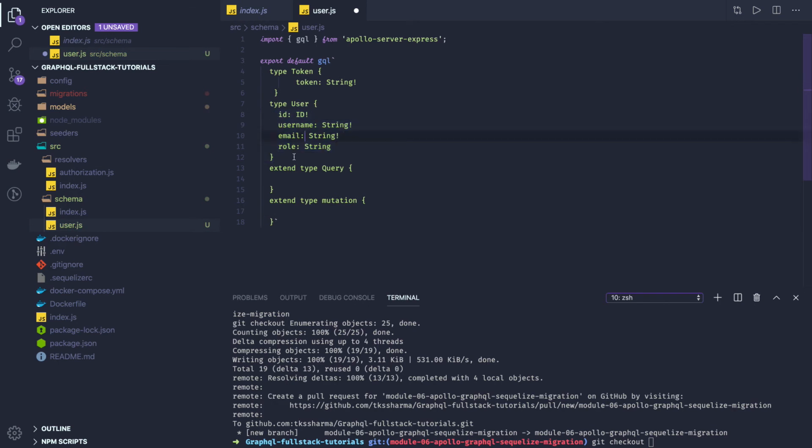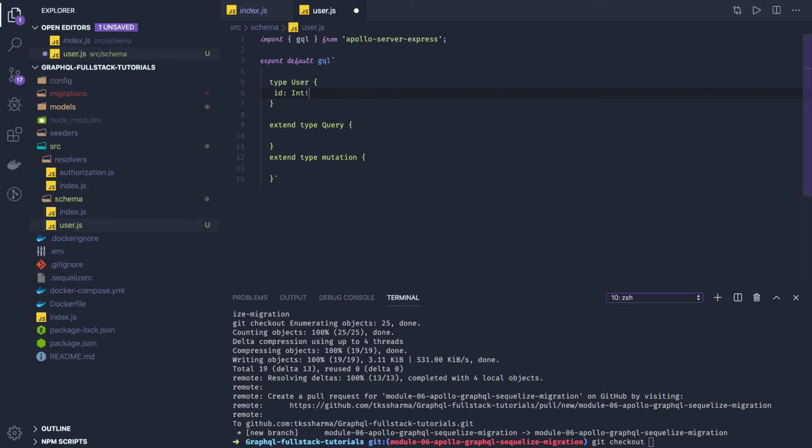Okay, now here we can define our schema, like what all the user entity is going to have. I'm just extending the base type Query and base type Mutation. So individually in the different files for user, for tags, for post, we would be able to create their queries and mutations. Okay, so here I can define, so I'm talking about user first. User will be a type User. I have already talked about all these different types, how to define them, and in the type what all I'm going to have, like ID is of type Int, which is not null.